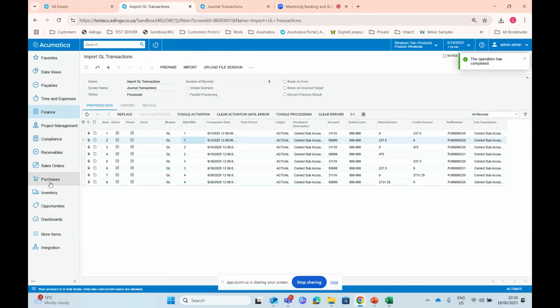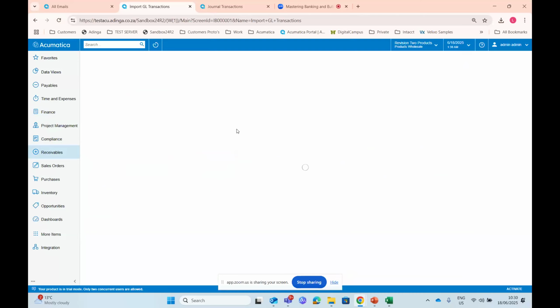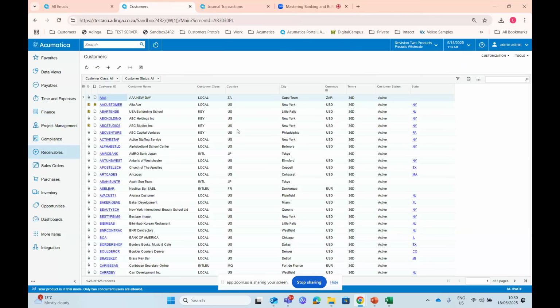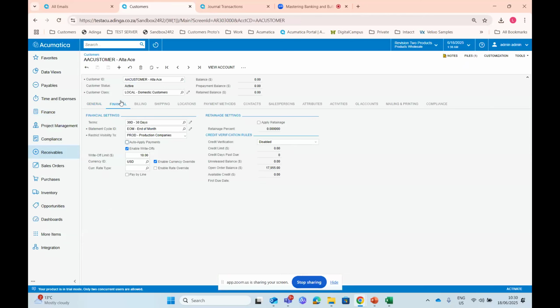So if I go to customers, let's find it, receivables, customers. Let's say I'm going to take AA customers, and let's look at the field we can change.